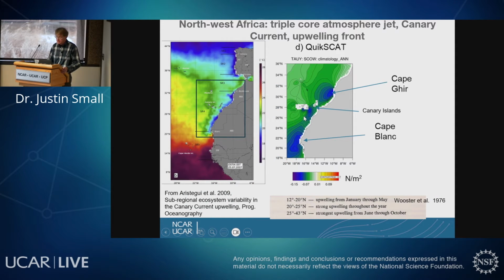Another one in the lee of the Canary Islands, so there's a kind of island effect, but it's getting close to the African coast. And then another maximum at Cape Blanc. So there tends to be this fact that maxima occur slightly downstream of capes. I think there's a technical term in the literature that talks about an expansion fan downstream of capes, and there's also wind stress curl associated with it. So these are key points for the upwelling, and you can probably see it in the SST image as well, the influence of these regions.